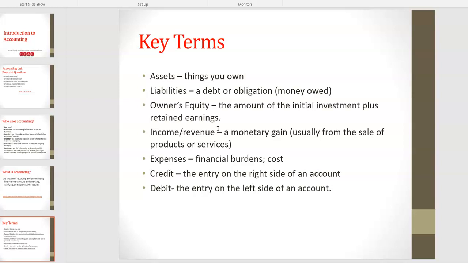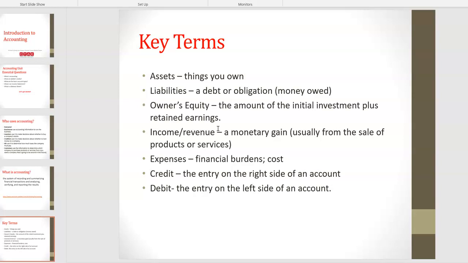Expenses, on the other hand, are something that a business has to pay on an ongoing basis. So let's just say, for instance, a business might have a utilities expense. In order to keep the business running, they have to pay the electricity bill. Imagine for a restaurant, they would have to pay a water bill, phone expenses, food, anything that you have to pay over and over again each month is going to be an expense.